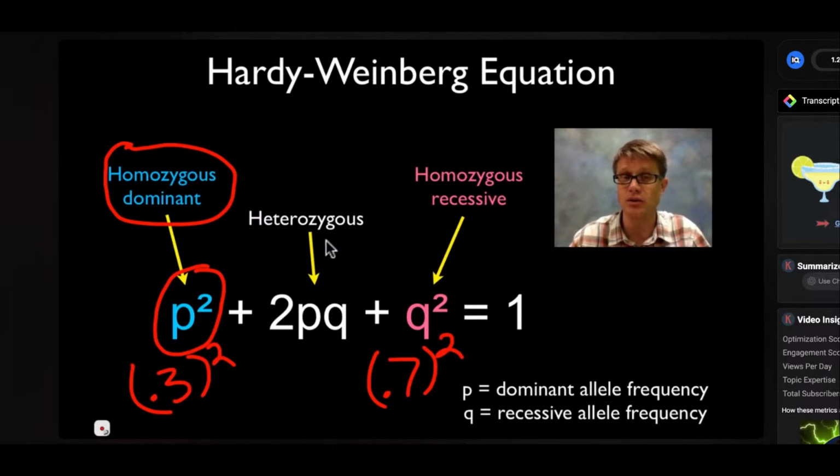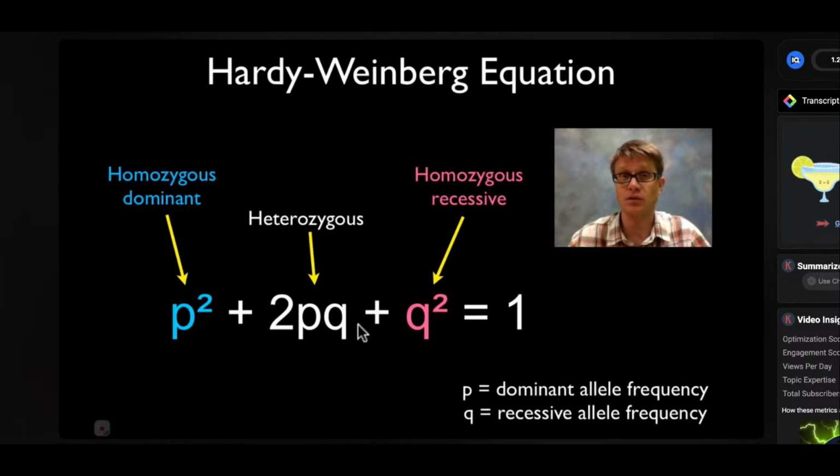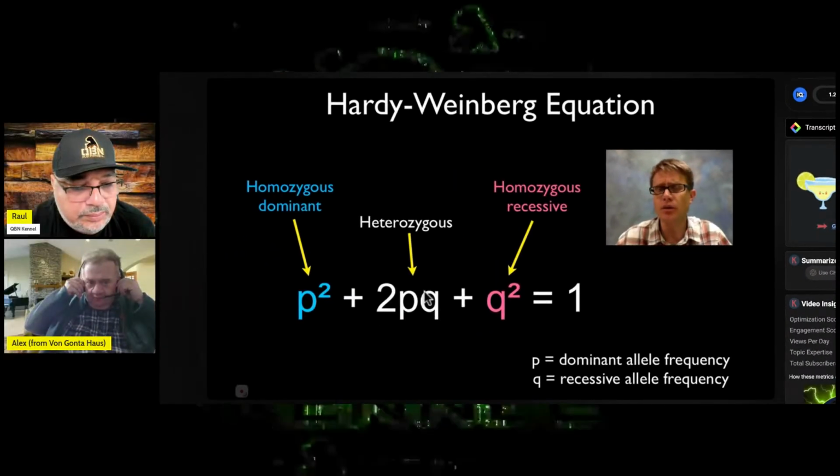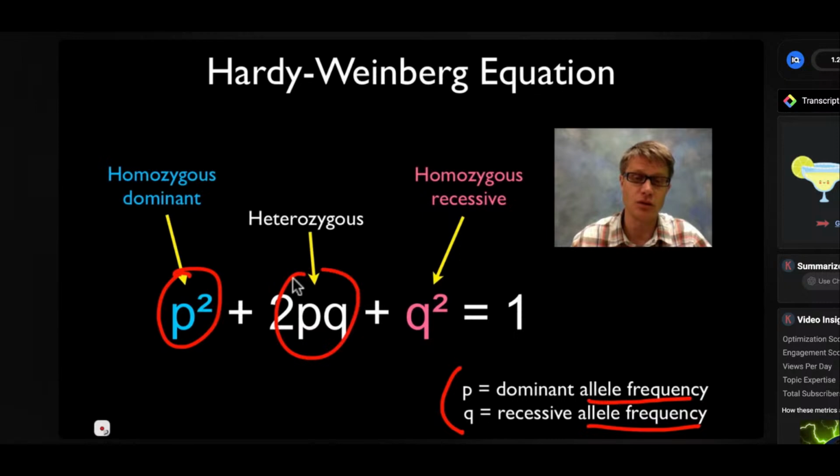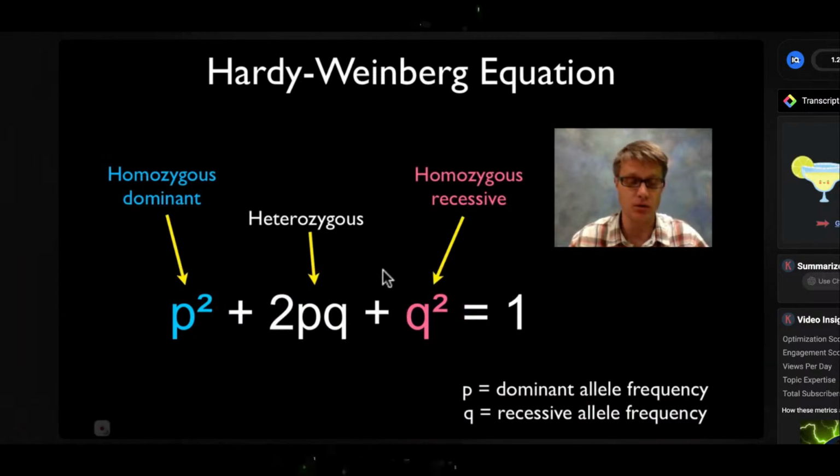And then the heterozygous individuals are going to be 2 times p times q, because you could get it either red, blue, or blue, red. So either of those. And so this is where this term comes from. Even though I may have lost you at this point, the big thing to remember is that if they talk about the allele frequency, then they're talking about the p-value and the q-value. If they're talking about individual people or individual organisms or individual phenotypes, then they're talking about p squared, 2pq, and q squared. Because it's vital when you're trying to tackle one of these problems that you know what you're given on the first step.